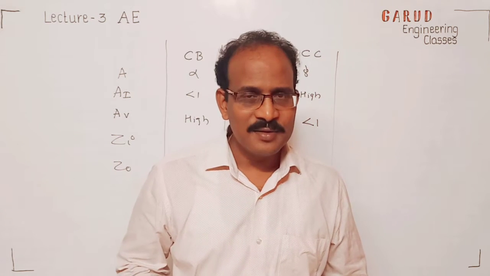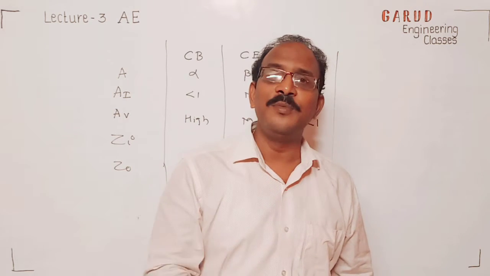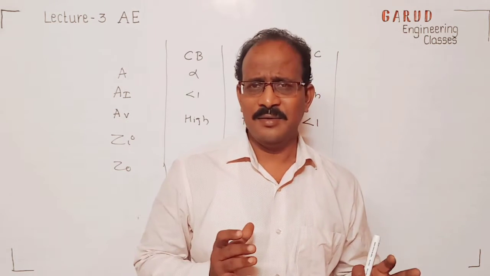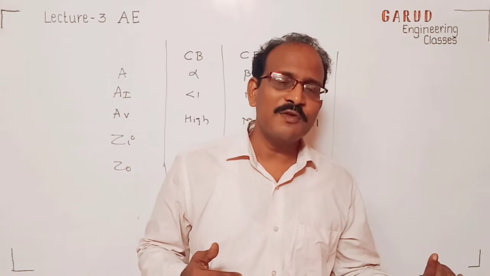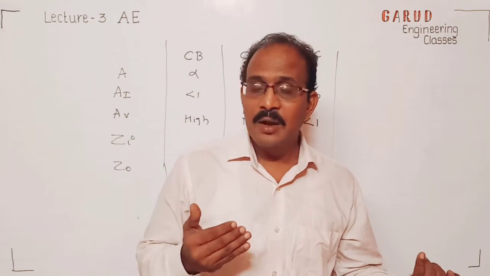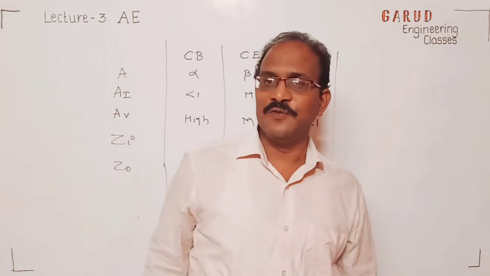What about output resistance? Output resistance must be very low. Ideally it should be 0. So for any gadget, like a TV, when we connect something, the input resistance of the TV must be very high. The output resistance of the cable should be very low. Then and only then will maximum power be transferred.